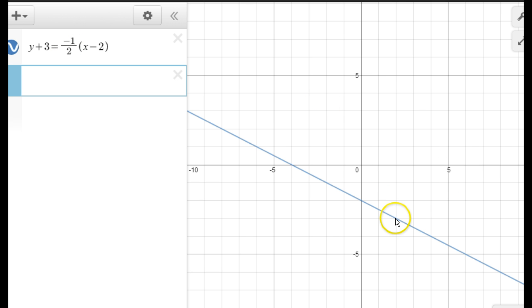So if I go to right here, you can see 2 comma negative 3. I knew that was on the line because that's the point right here. There's the 2. Even though it's a minus, it's minus 2. No, it's positive 2, sorry. And this is negative 3. So you see how the signs are opposite. It says negative 2, positive 3, but that means that positive 2, negative 3 is what's on the line. So there are some benefits to know if we want to know what point is on the line. But if we want to know this right here,